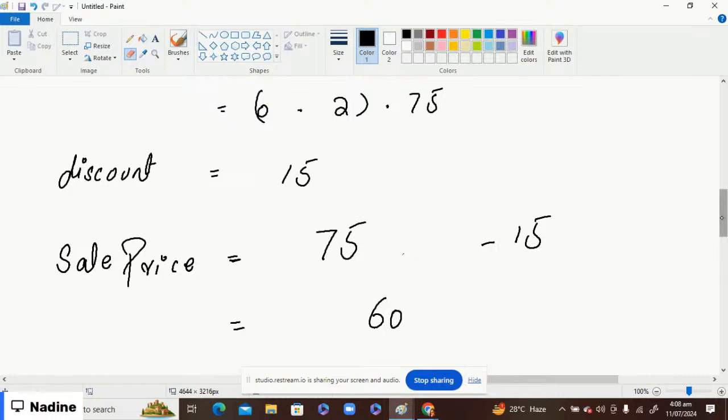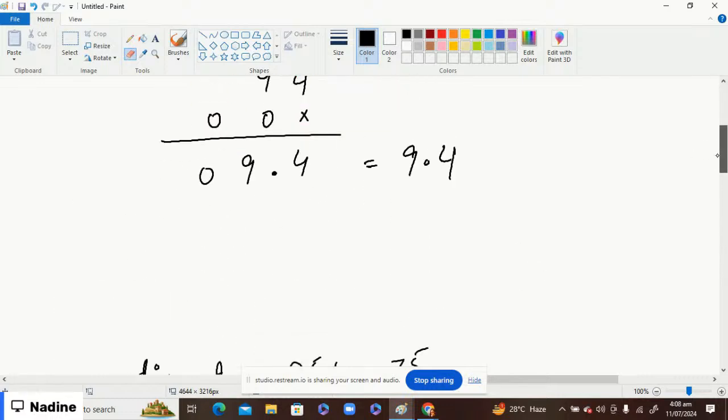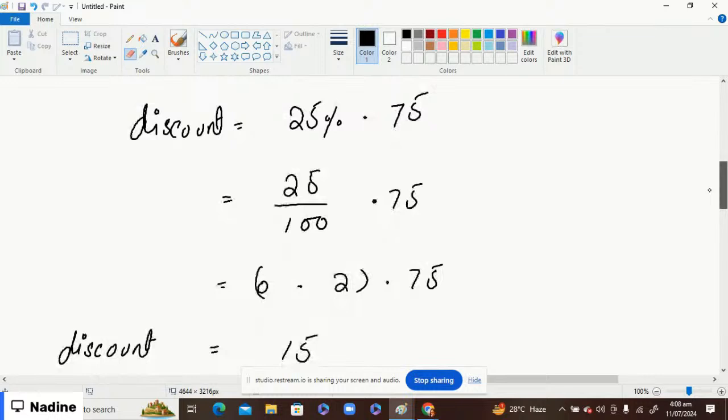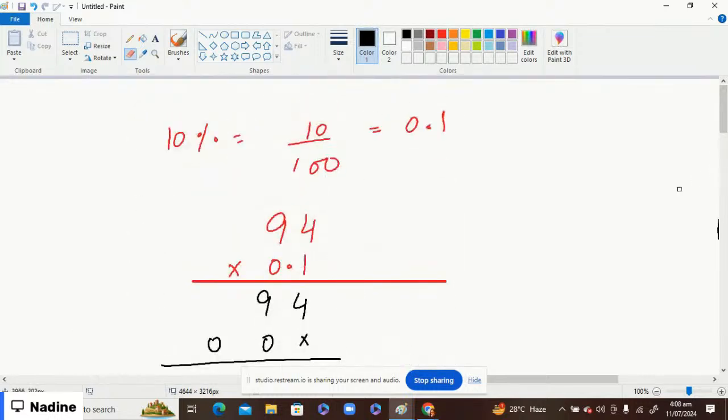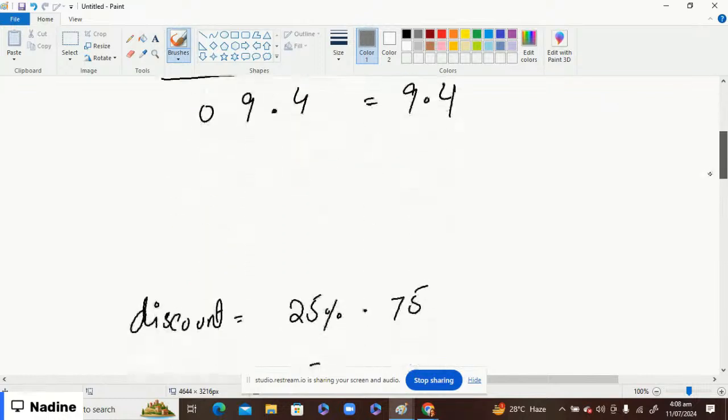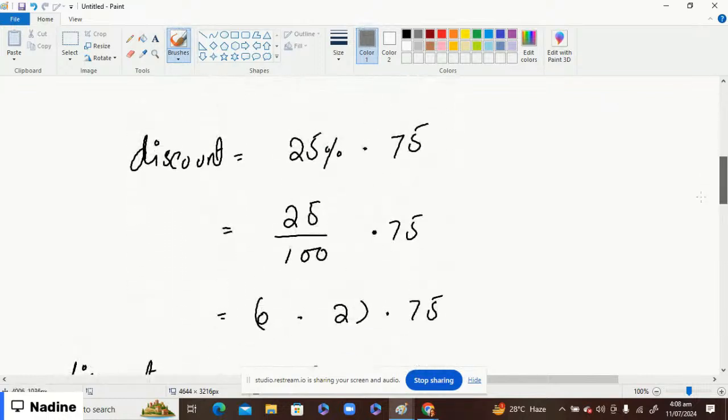Okay, so how do we find it out? First of all, there is one method. In that method, what we do is first find the percent thing, and then simply multiply by the total amount. Now here we are going to multiply, and then we find the answer. Now in that question,